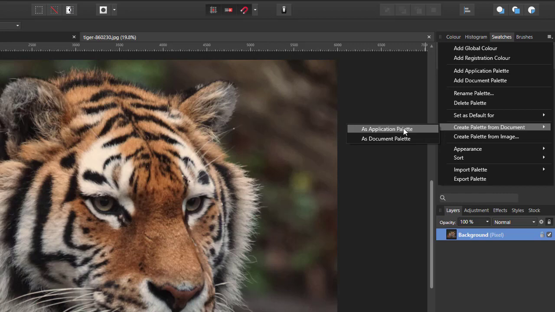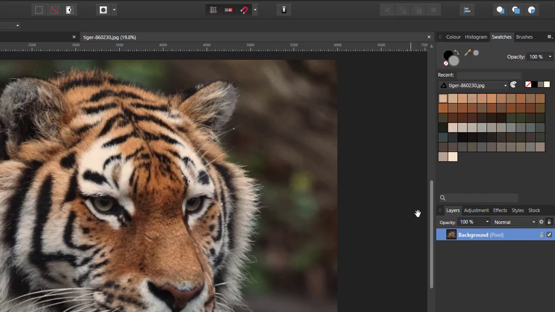Again, I'm going to go for application palette, and it has made a brand new palette, and it has named it the same as the image, which was tiger-860230.jpg. So that is the name it is